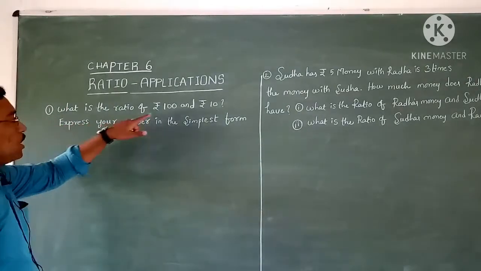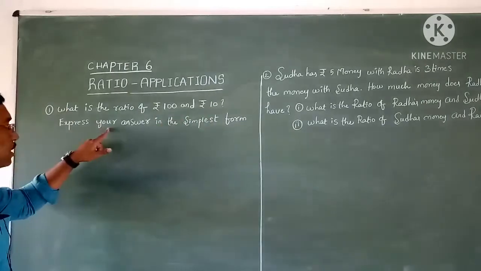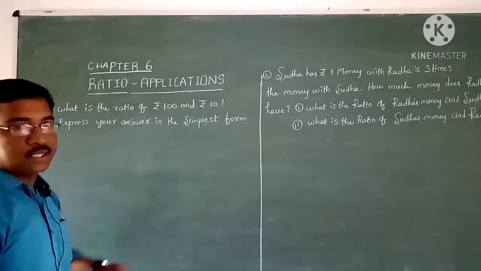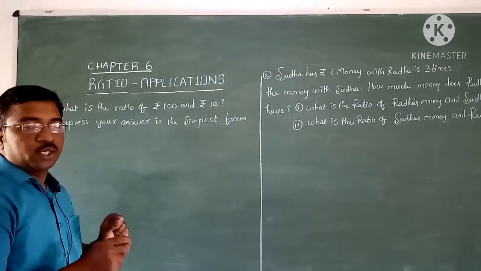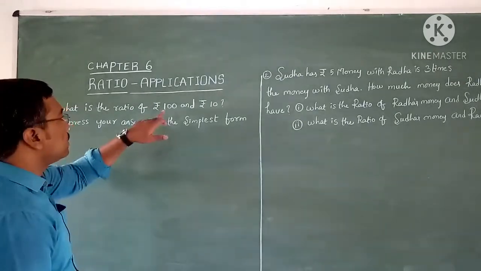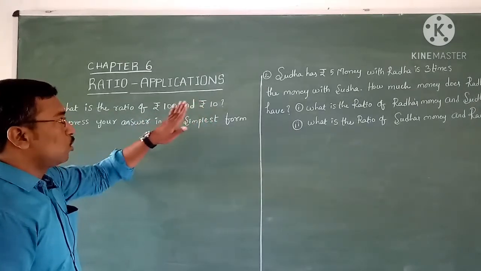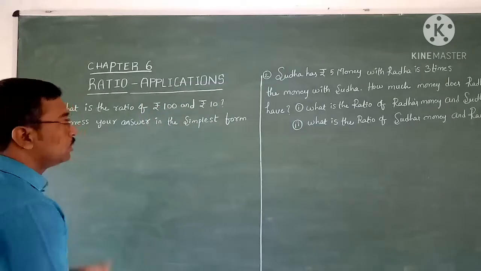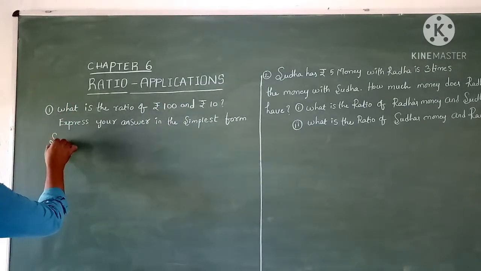What is the ratio of 100 rupees and 10 rupees? Express your answer in the simplest form. Ratio is nothing but the comparison of two quantities of the same units. Here it is 100 rupees and here it is 10 rupees. So there is no problem to find the ratio, same units, that is rupees. So the solution for this is